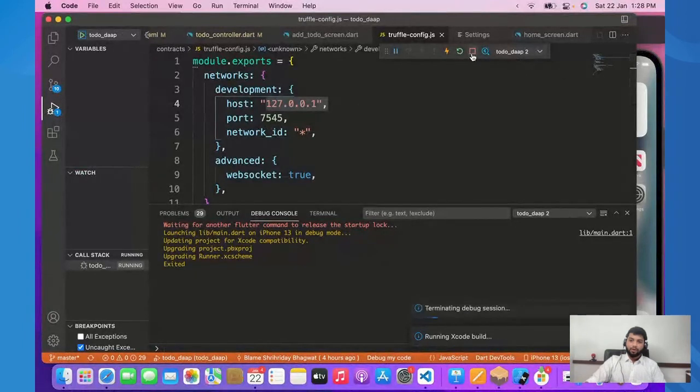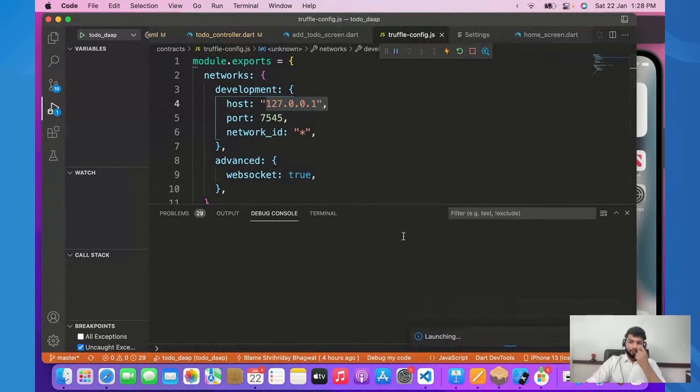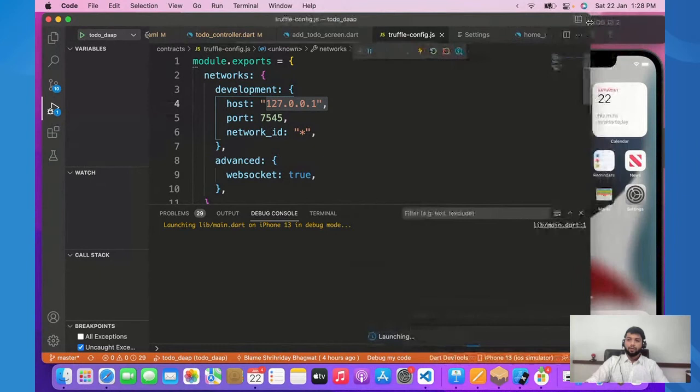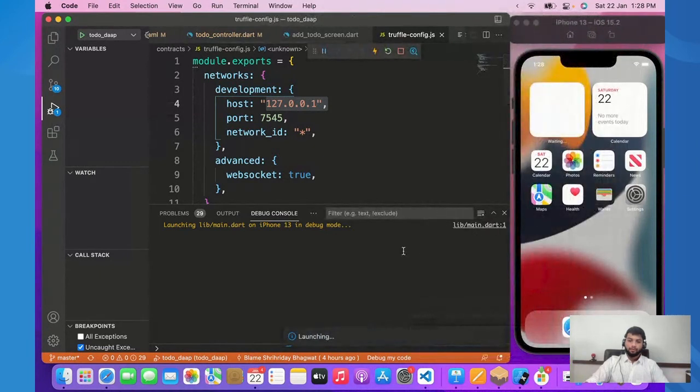Let me just stop it again and play it. So pods are getting installed. It usually shouldn't take much time